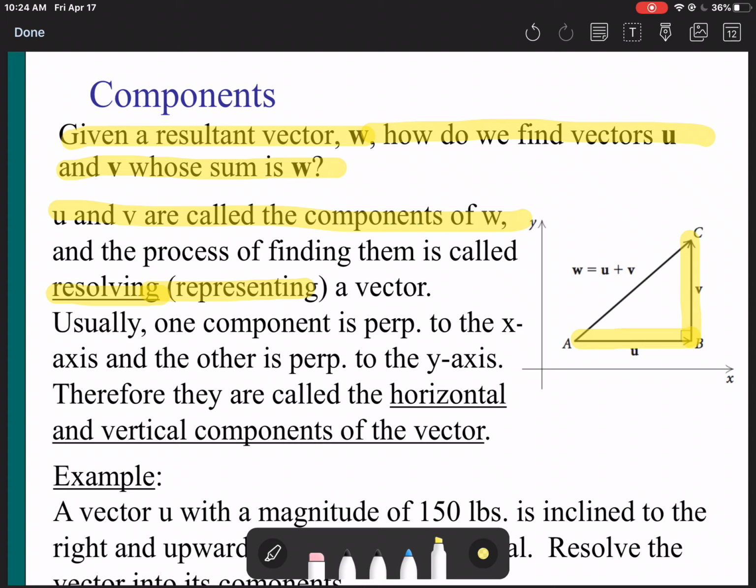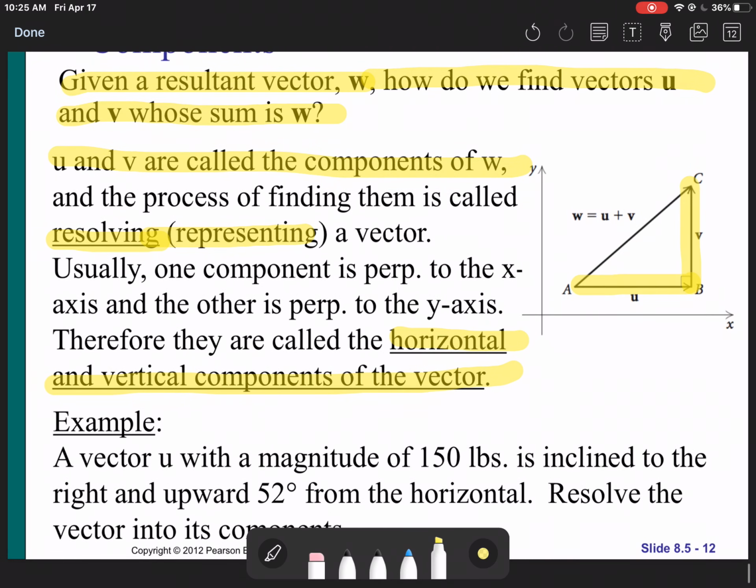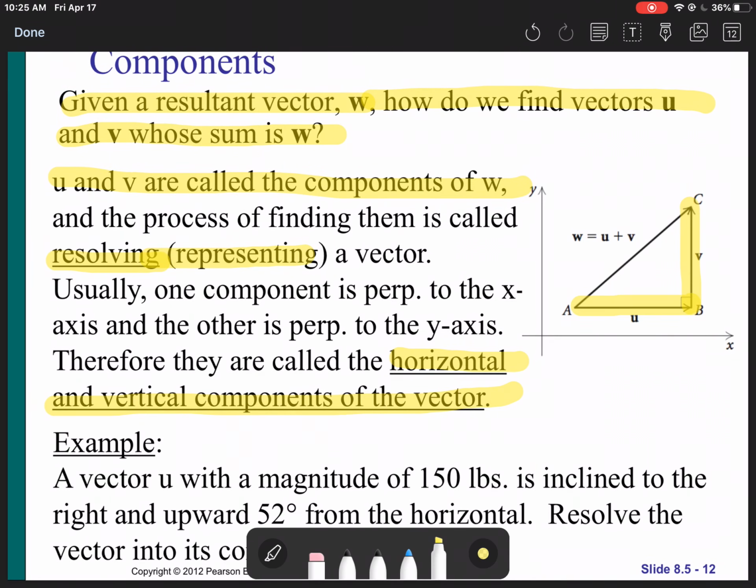Right? So resolving a vector or decomposing is the other term we use there as well. But resolving a vector or representing a vector, so it's taking a vector and breaking it back into its vertical and horizontal components. Right? And again, it's really just going to go back to right triangle trig. Right? So once we set up the right triangle, if I know the magnitude of that vector w,